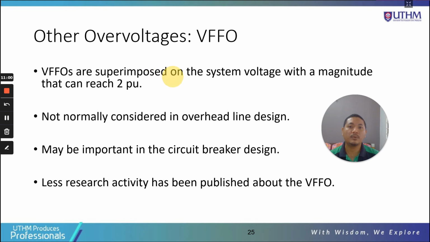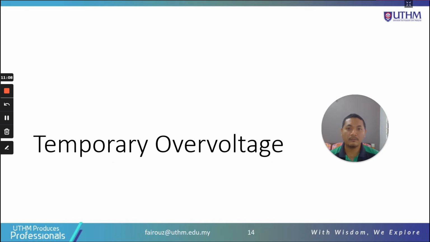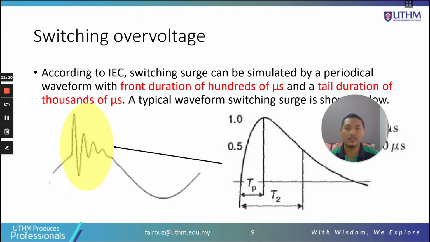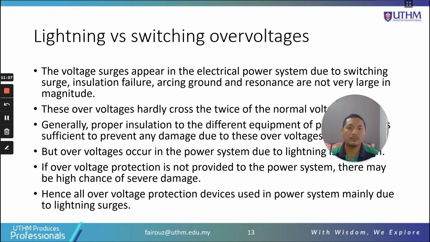VFFO are superimposed on the system voltage with a magnitude that can reach 2 per unit. Okay, we do not have the waveform here, but you can simply imagine that this is the system voltage, and then the VFFO appear for a very short time, less than 100 nanoseconds, but it can reach up to 2 per unit, 2.5 per unit,